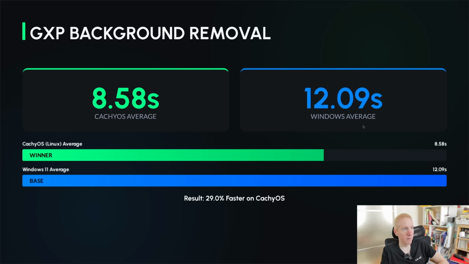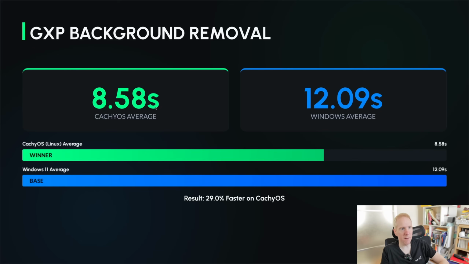And yet, even though it's not PixInsight, Graxpert also saw a big difference. Is Linux in general more efficient than Windows? I don't get it. But yeah, Graxpert also has a significant performance advantage over Windows Graxpert by 29%, which is